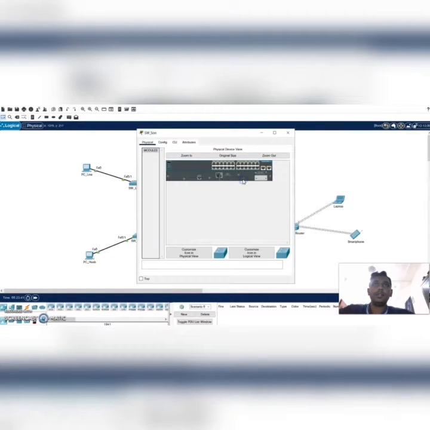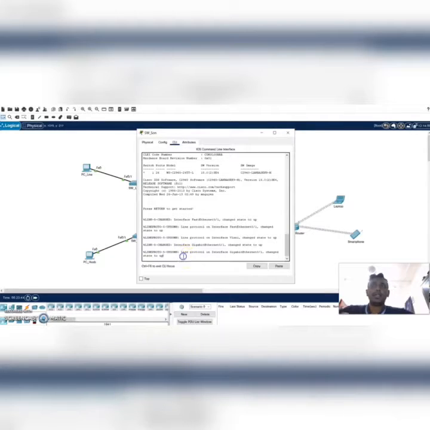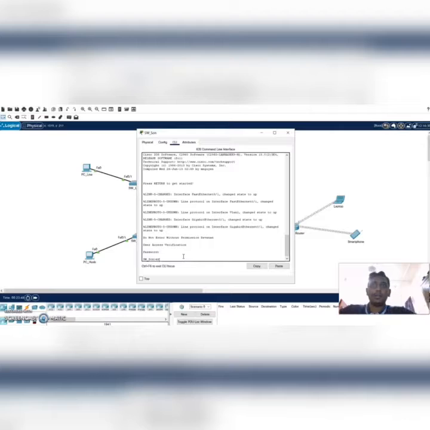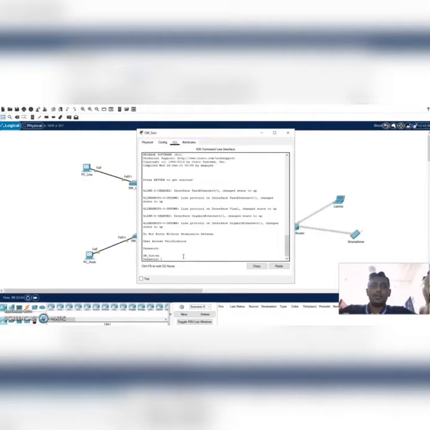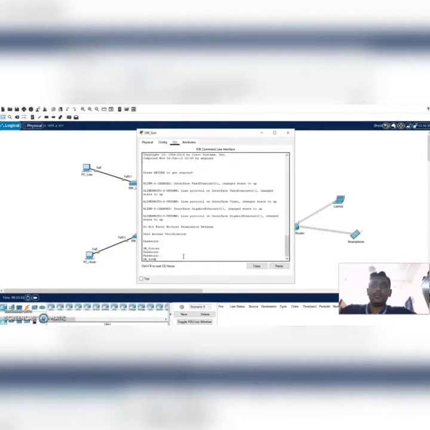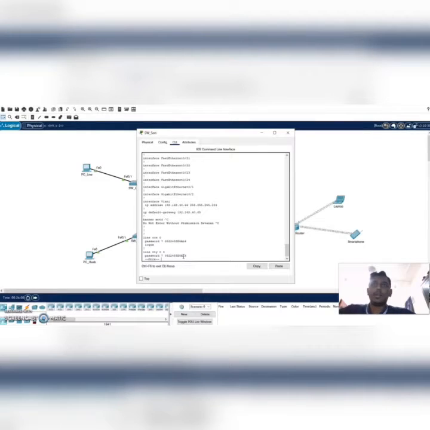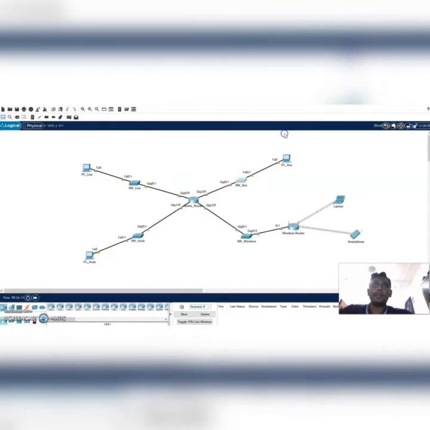And then for switch son, CLI, enter your password, enable, okay, show run. Okay, the password is already encrypted, and the banner motd: do not enter without permission is done. Okay, switch son is done, we configured it, and then for switch wireless,